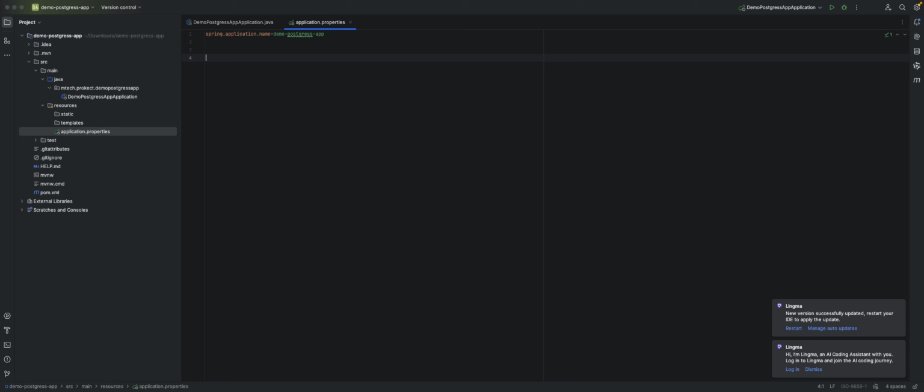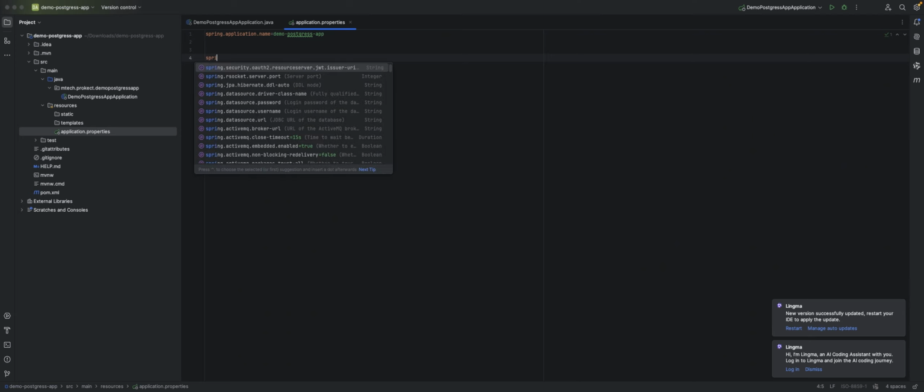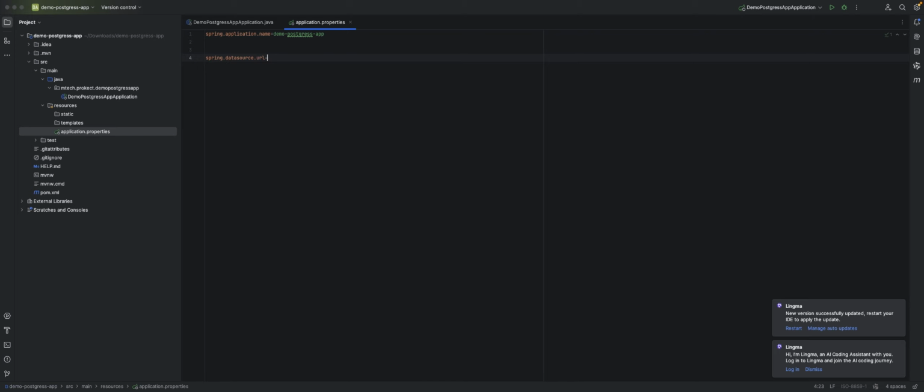We need to define the JDBC URL. To do that, let's write spring.datasource.url. Then you're going to write jdbc, then colon, then postgres,